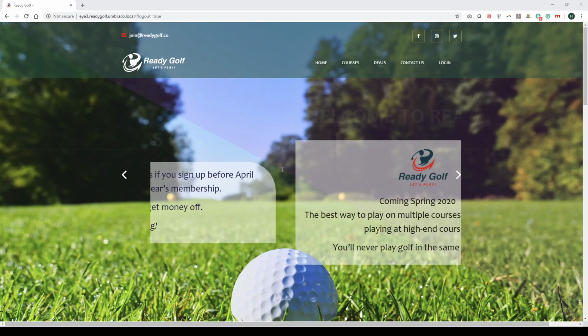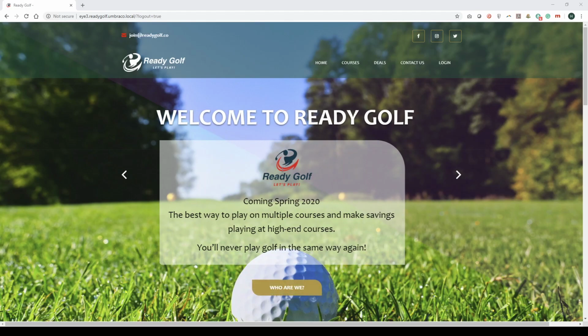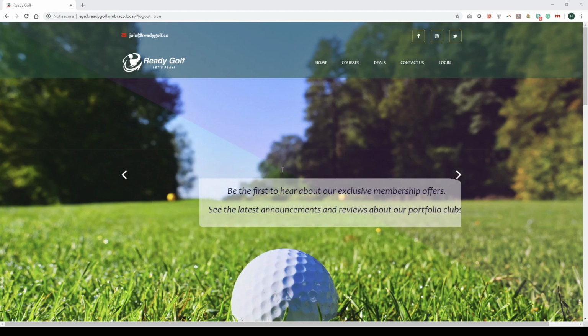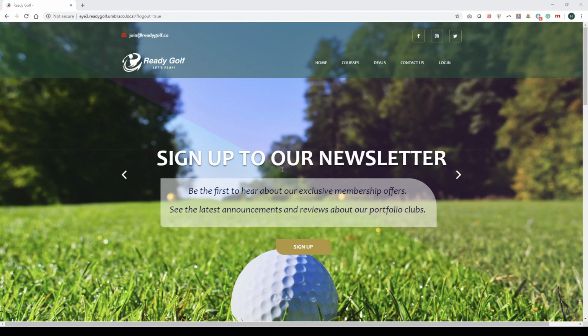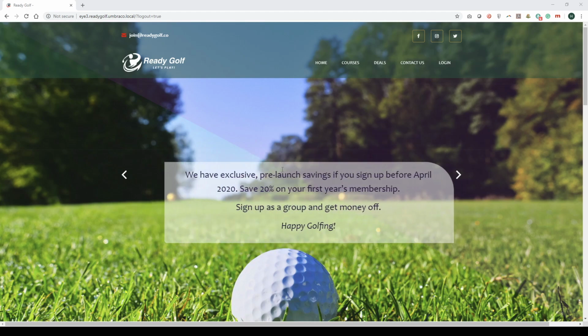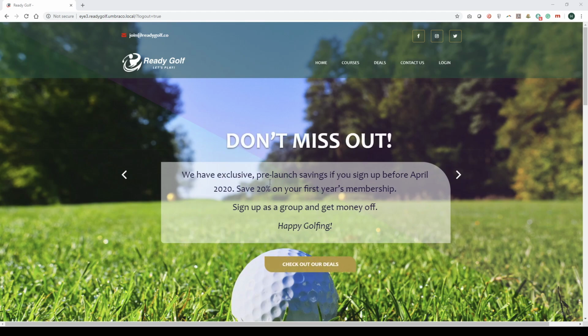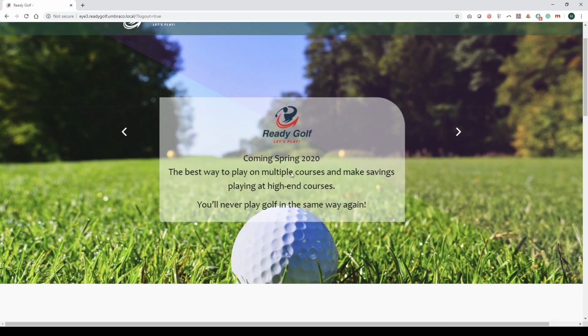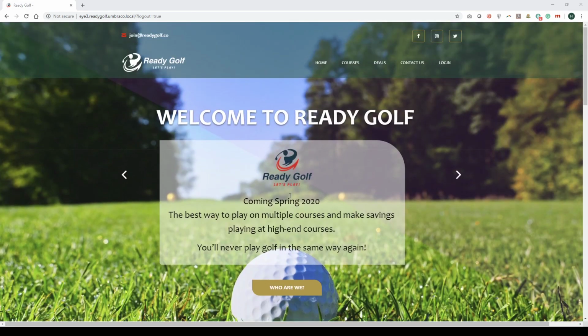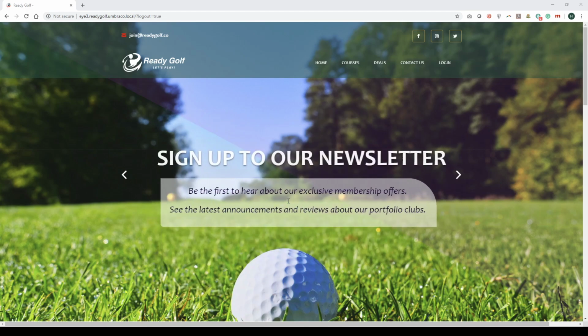This is a brief introduction to our ReadyGolf solution that has been built to provide a solution for a community of golfers to be able to use various golf courses paying a single fee. This is a unique solution that uses Umbraco as content management system, but extends it to deliver a complex business solution that also supports the latest handicap system in golf that's being